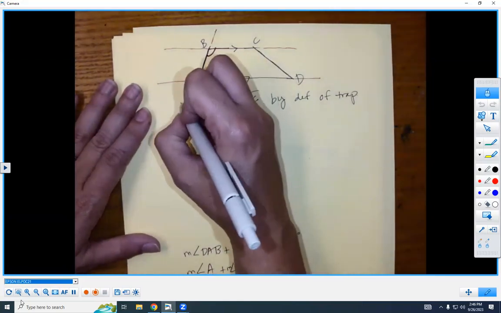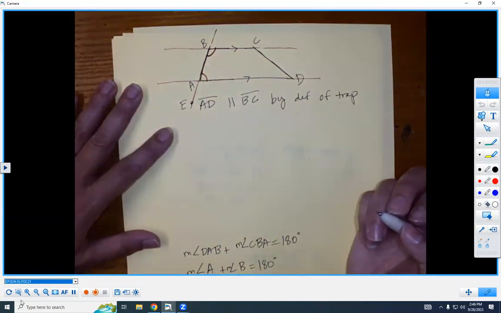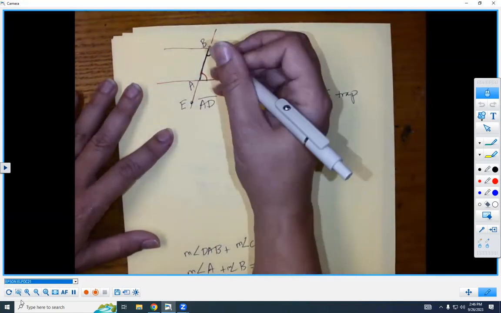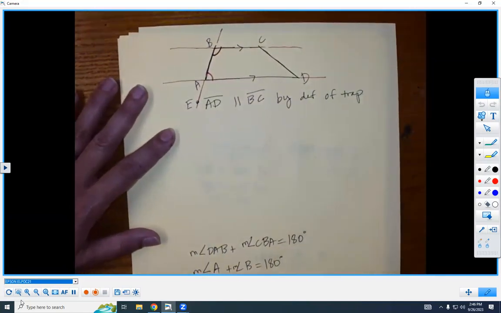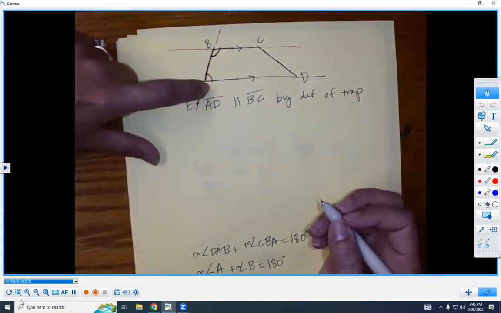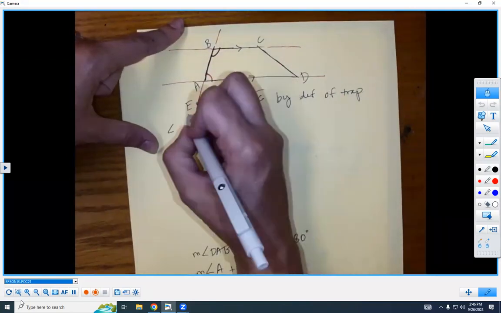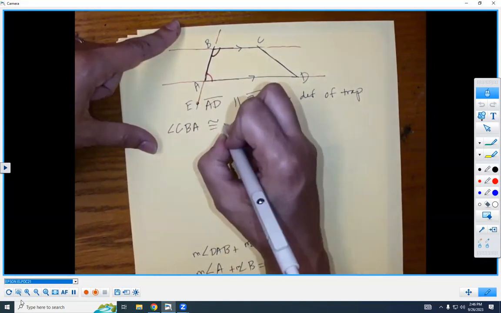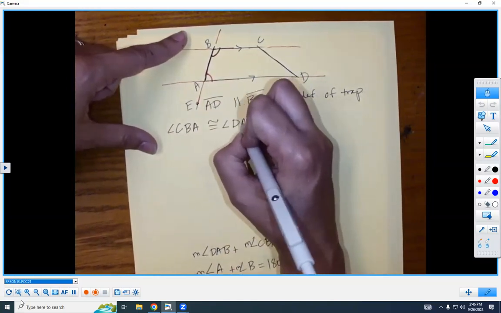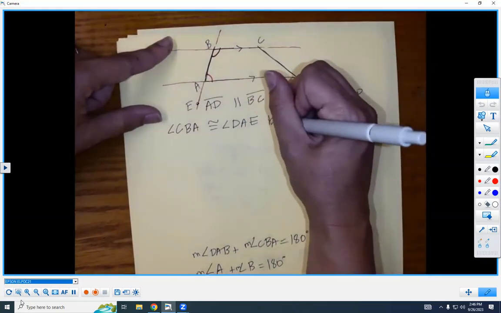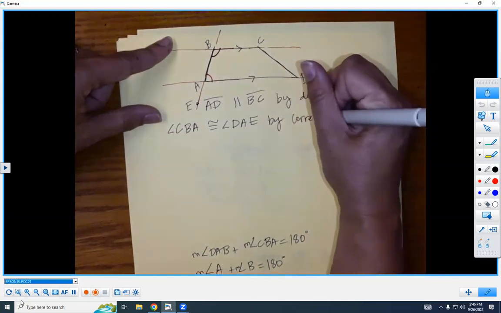Put a dot on there, call it E, whatever you want. How do I know those are congruent? Because they're corresponding angles. You could also do this with alternate interior angles, or alternate exterior angles. All of these work. So if we do corresponding angles, we're going to say angle CBA is congruent to angle DAE by corresponding